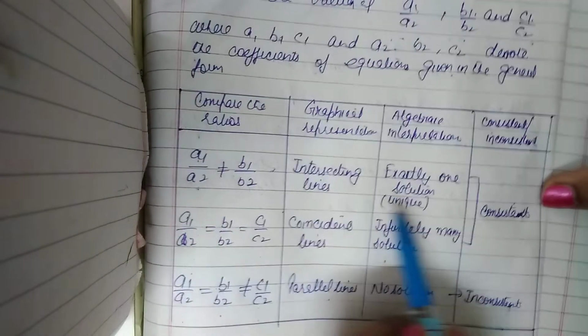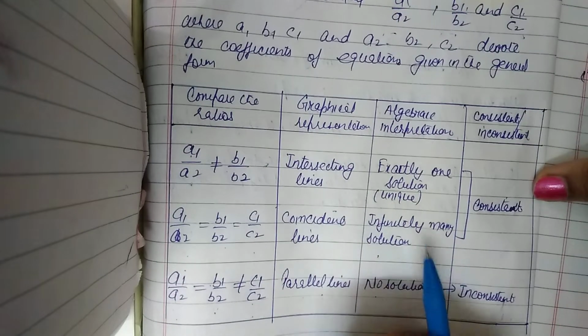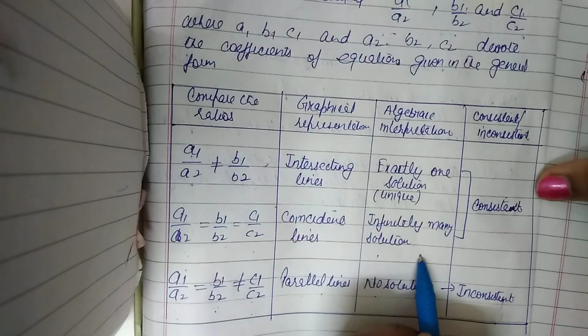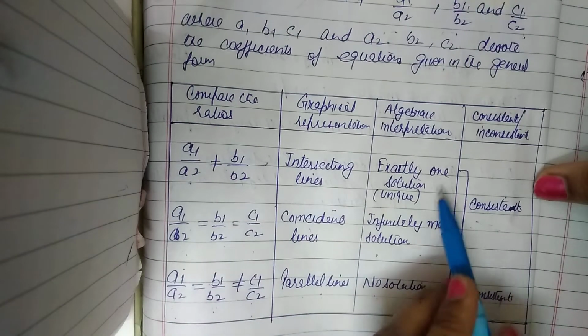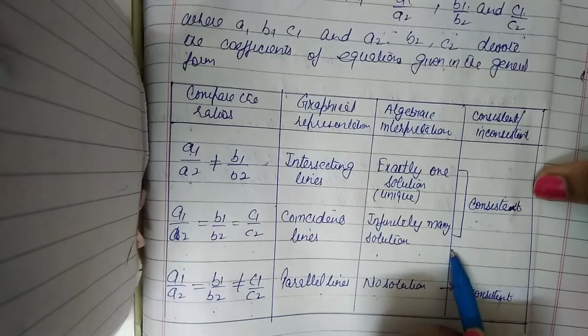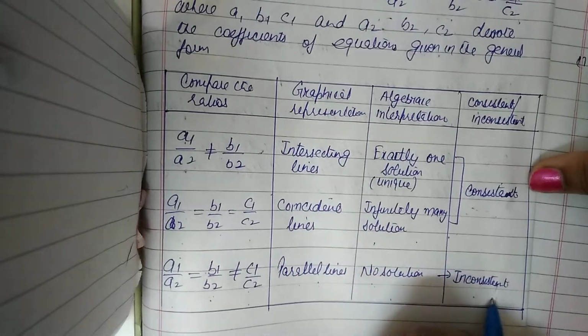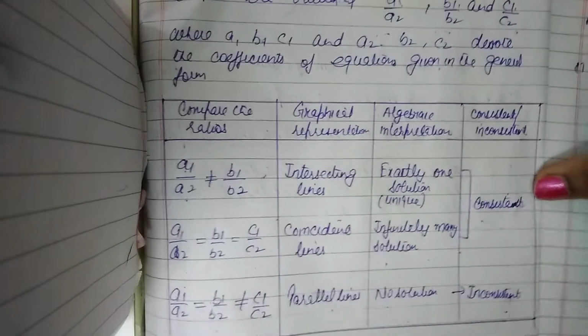When we find the solutions, either one solution or many solutions, then it is said to be consistent. Consistent means it has a solution. No solution means inconsistent. Now with the help of graphs,